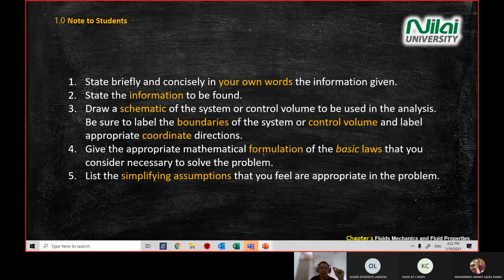So for this module, if you're able to write the correct formula in your answer, you will get some marks for it. Okay. Even though we know that you are having an online exam and you have all the notes beside you, the important thing is that we are looking for evidence that you understand what you're trying to say in your answer. Okay, and then if there is any assumption, you write the assumption in your answer. Okay,